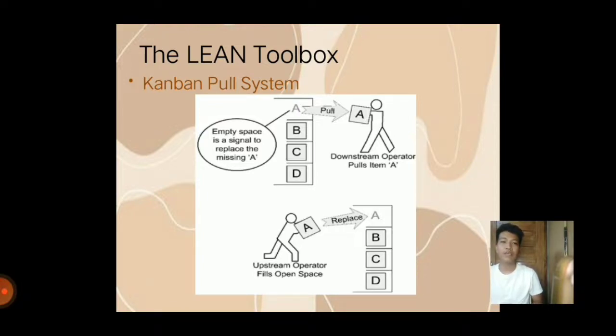A pull system itself is a method for controlling the flow of resources through the system. The goal of such a system is to replace only what has been consumed at the critical time. It's called a pull system because resources are pulled into the pipeline only as they are needed or requested. This differs from the push system, which attempts to use forecasts and schedules to drive the flow of production.